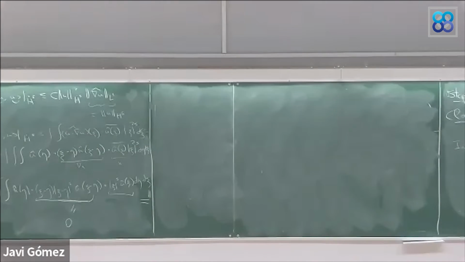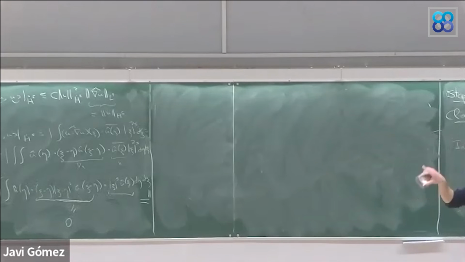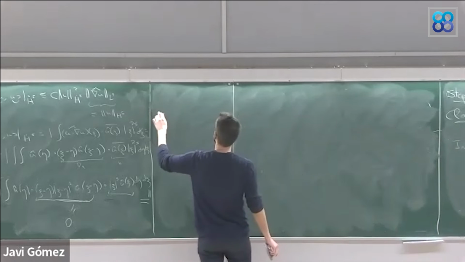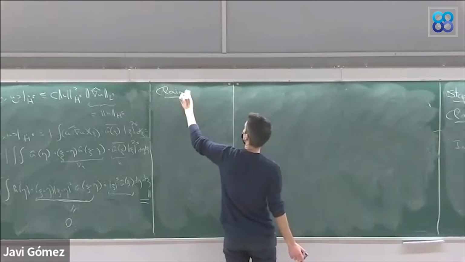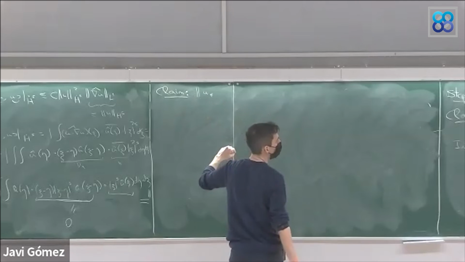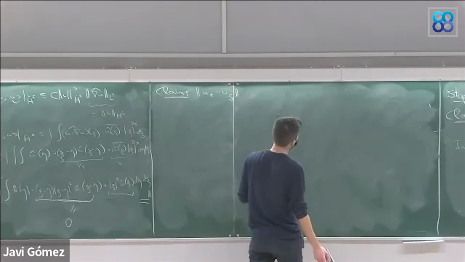Okay, so I think I will prove the claim that the sequence is Cauchy. And then it's almost done. We only need to prove the last step, which is that the limit actually solves the equation, which is a short estimate. So let's prove this claim. And I will prove it in the following form. We will show that